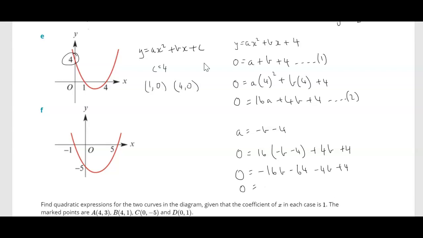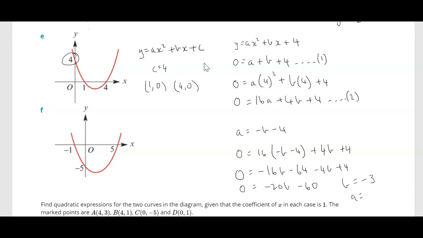All right, so that's going to be negative 20b minus 60. So b is equal to negative 3. Let me just double check that I've done that right. So 20b equals negative 60. All right, so if b is equal to negative 3, a is equal to